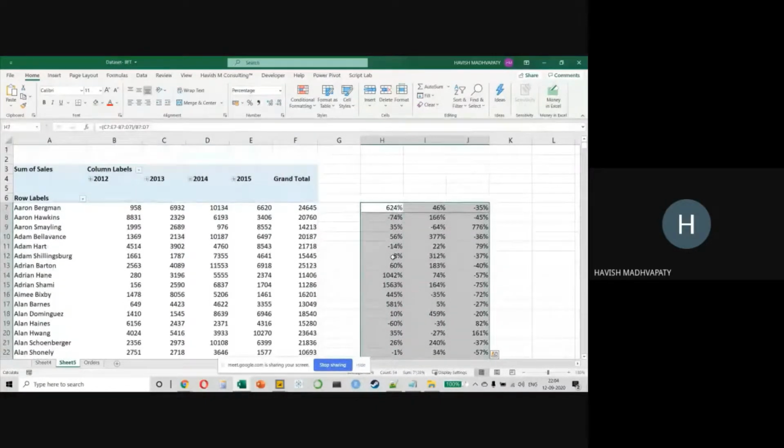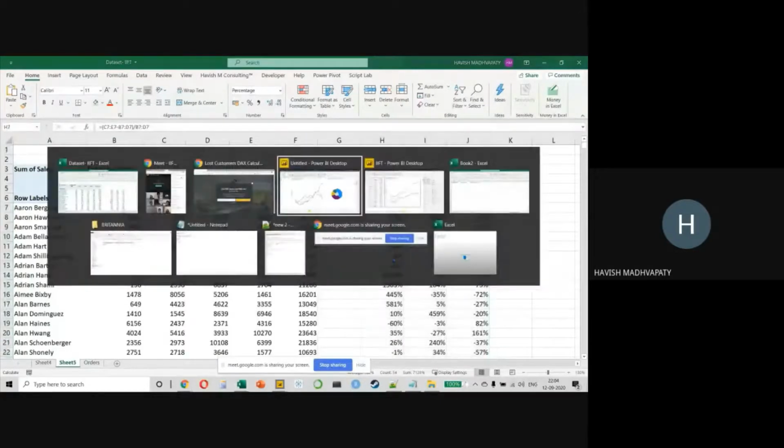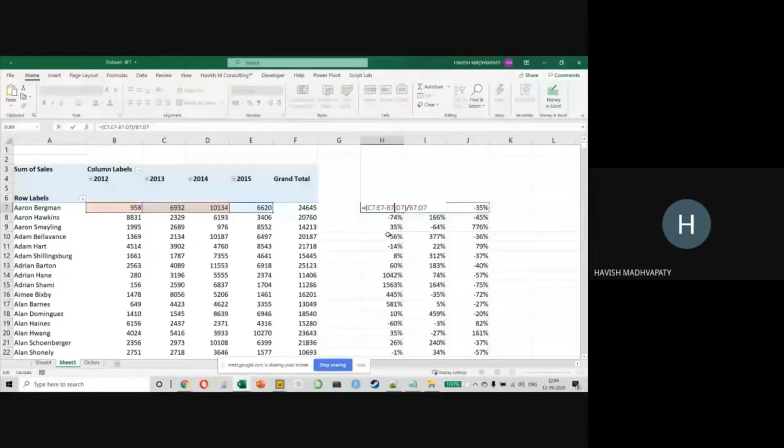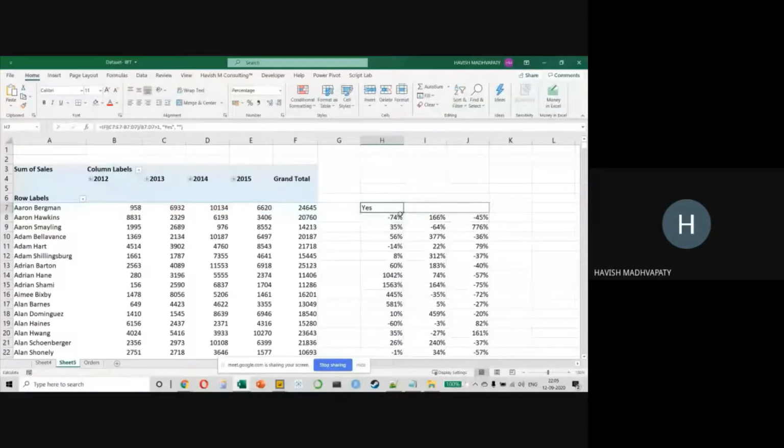My question is, how many of these values are greater than 100%? So just think about it. Okay, so what we want to do here is use a conditional statement, an IF. If this entire result is greater than 1, which is basically greater than 100%, then I want to show yes, which means that the YOY growth was greater than 100%, otherwise I want to show a blank. So wherever the number was greater than 100%, it will become yes, otherwise it will become a blank like this.